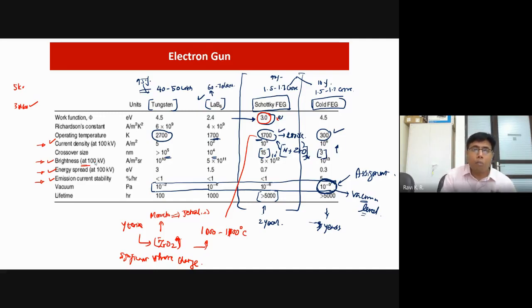And again, the fundamental principle also we'll discuss. Possibly we will do the same thing in the lab class. When I take a lab class, I'll change all those parameters in the SEM and show you, at the same constant voltage, if I change the brightness, the emission current, or the probe current, how this has an impact on the image. Same thing, if I change the kV, what happens to the image?